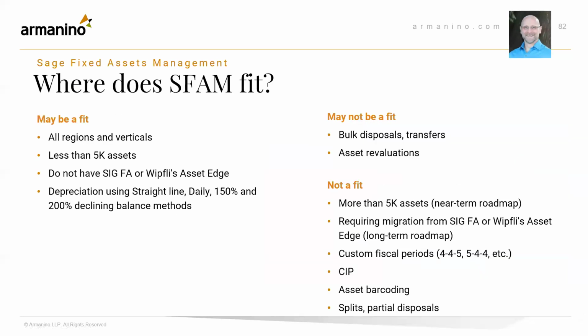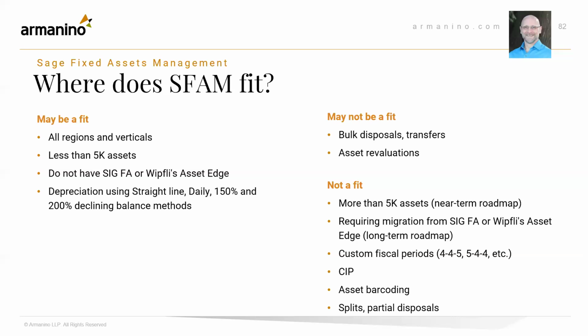So it may be a fit if you have less than 5,000 assets, you don't have fixed assets or asset edge, and you're okay with just using straight line daily 150% or 200% declining balance methods. It may not be a fit if you're heavily looking for bulk disposals or transfers or asset revaluations. And it's definitely not a fit currently for more than 5,000 assets, although that is on the near-term roadmap. And like I said, if you're using fixed assets or asset edge, you cannot use this yet. It's on their long-term roadmap to create a migration path off of both of those onto the Sage Fixed Assets